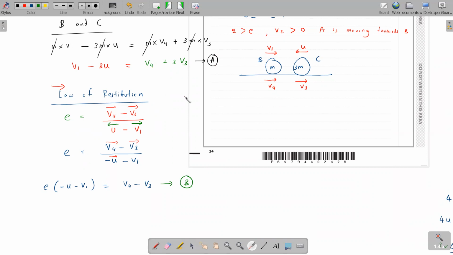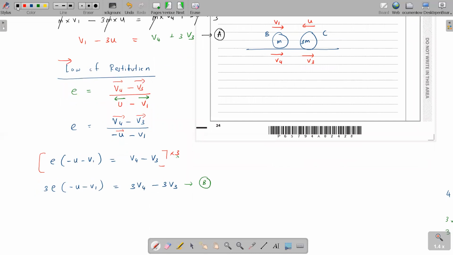What's the easiest way to do that? Shall I multiply the equation by 3 so I can cut the 3v3? The way you simplify is entirely up to you all, children. I multiplied the whole thing by 3, because I can see on top there's a 3v3, and here when I multiply by 3, I get negative 3v3. Now I can add these two equations. Better to say this is equation B.